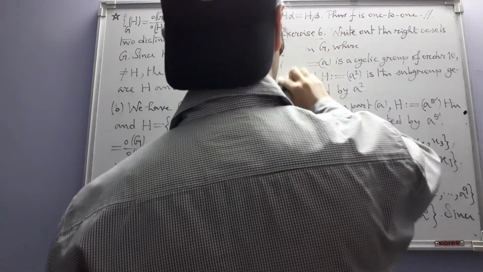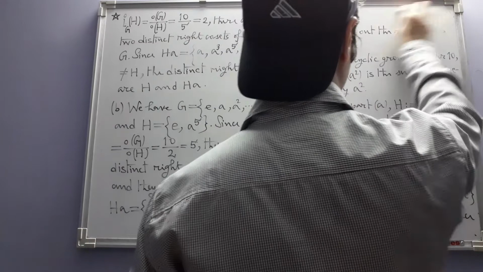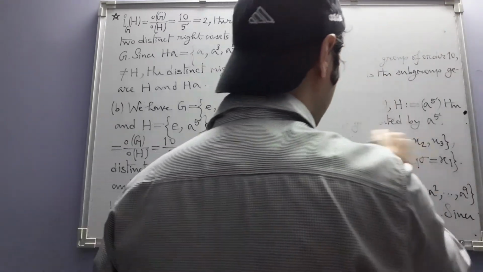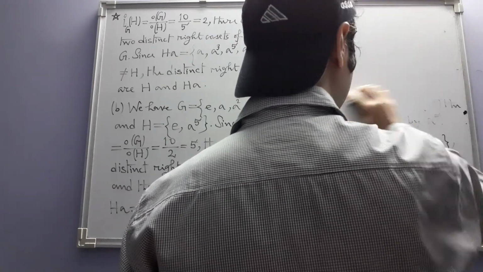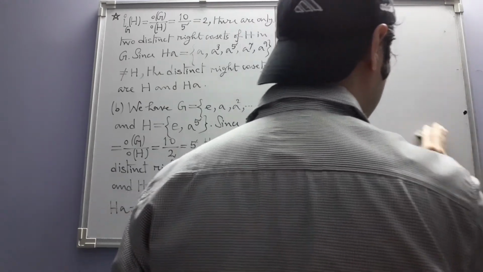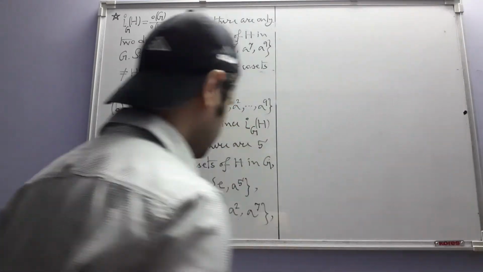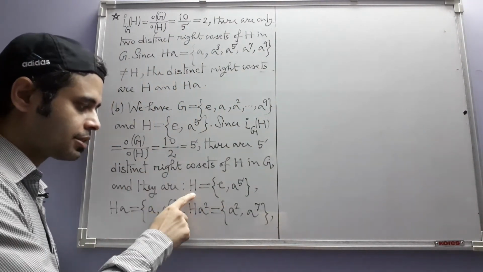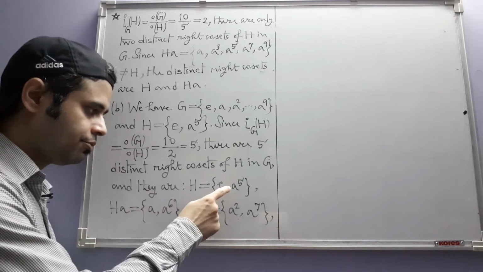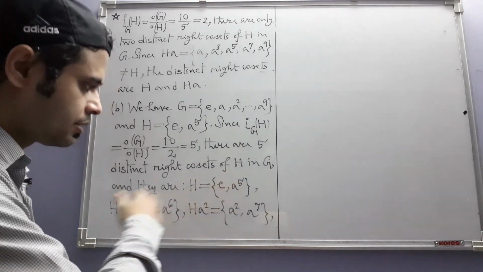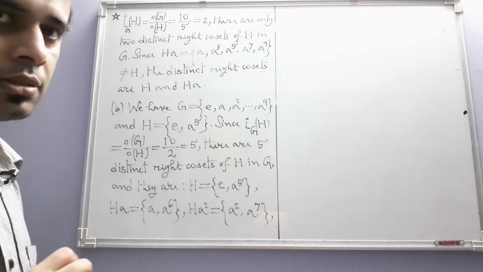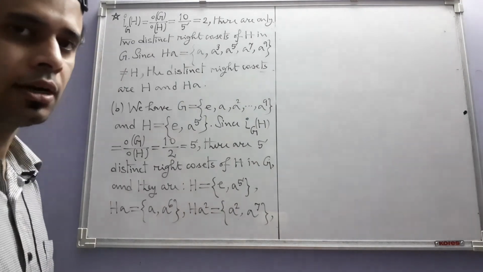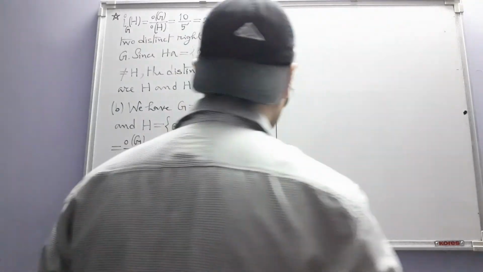Recall that the right cosets are actually nothing but equivalence classes of an equivalence relation. So they should be non-empty, and any two distinct ones should be mutually disjoint. So while calculating right cosets of a single subgroup, if you find two right cosets sharing some element, that means you have made some sort of mistake. You see, all of them are having distinct elements, so that means we are okay.